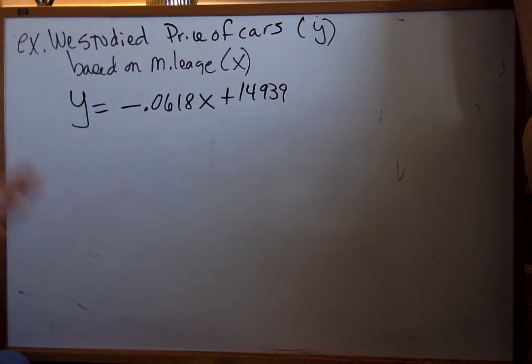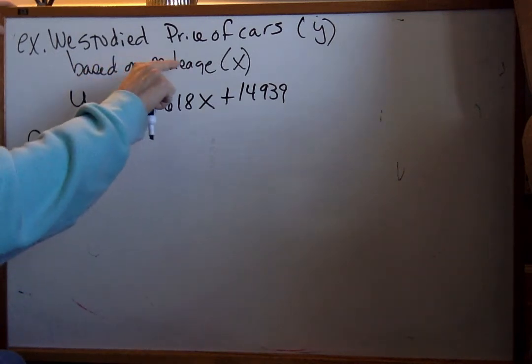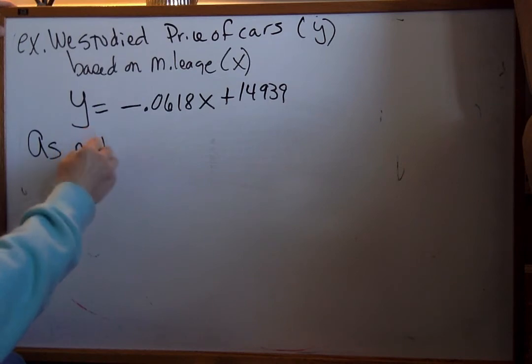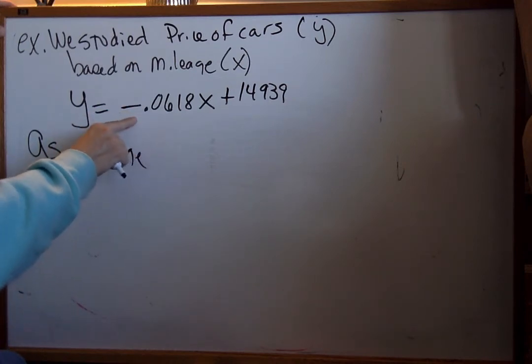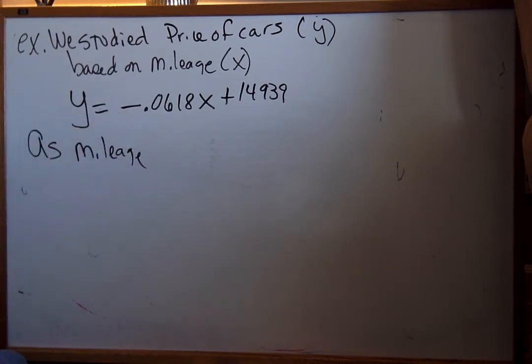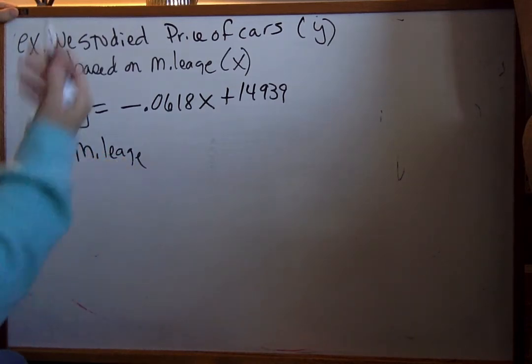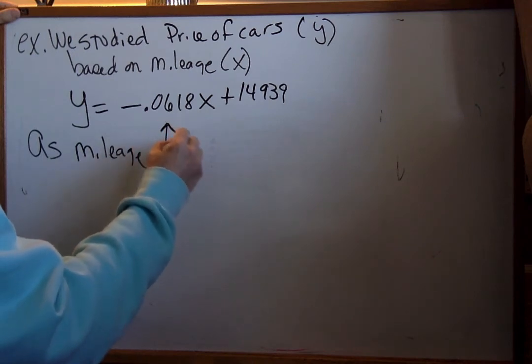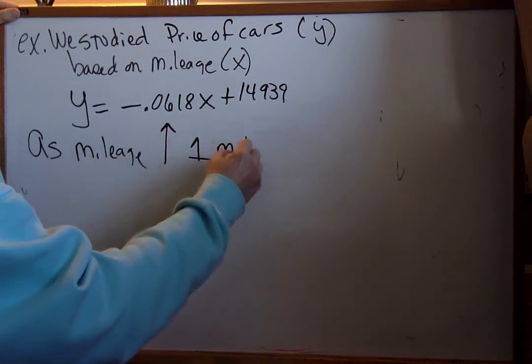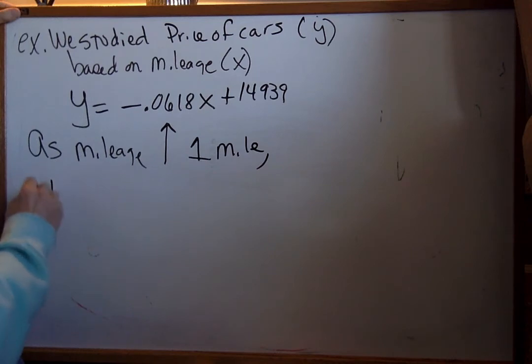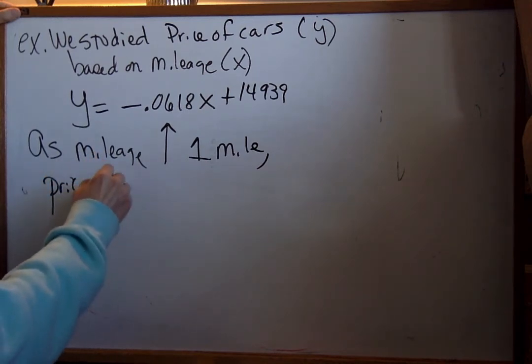So we want to do an interpretive sentence. X is mileage. Now hold on, my slope is negative, so you can make whichever variable go up as long as you make the other one go down. It does not matter. There are two ways you can make this sentence. So I'm going to make mileage go up: as mileage increases 1 mile, price is going to decrease